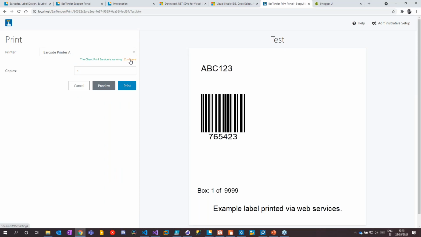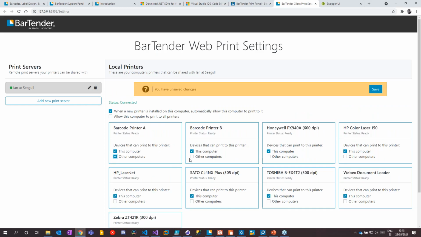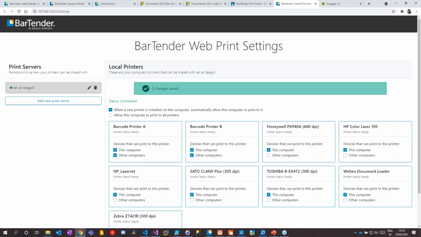I need to go to the page where I can configure my client service printing. This is the Windows service that would be installed on the client machine, which enables the internet printing transport from the server down to the client, but also allows you to configure which printers are exposed for internet printing via the REST API. So if I enable printers A and B for that purpose,